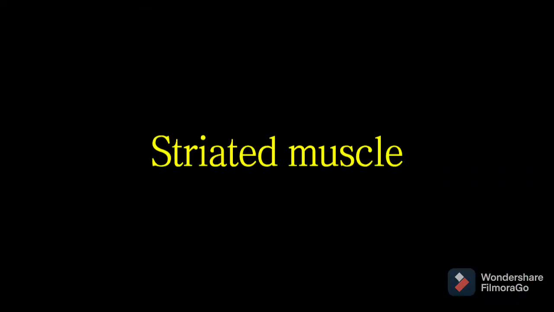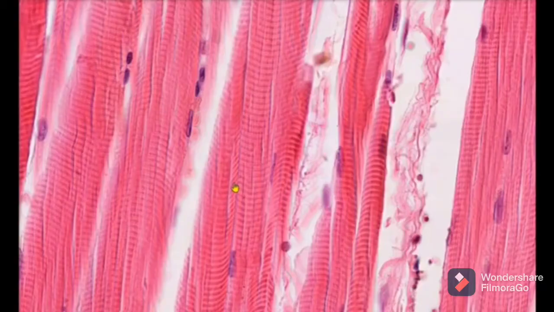Next we have muscular tissue, and in muscular tissue we have striated one first. So these are the cells of striated muscles. These are arranged in bundles and they have dark and light band on them. These muscles are voluntary in nature, that means they work according to our will. So these are present in the limbs, leg and arm, also in our tongue, right?